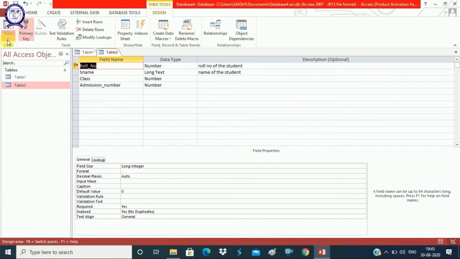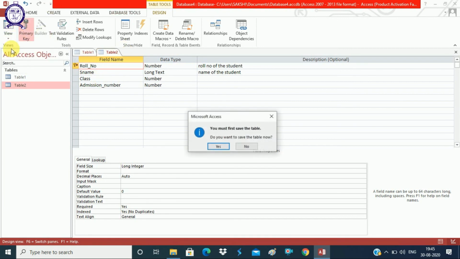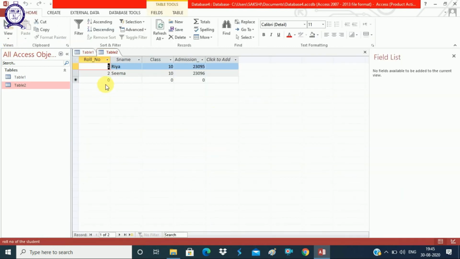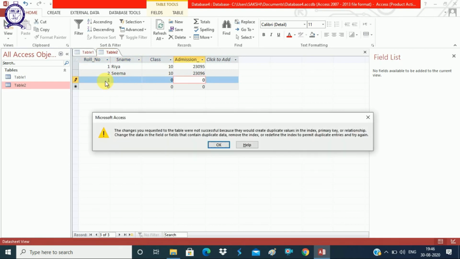Now if we try to put any value which is duplicate, it will show us an error. So now we can see here that in the table 2, if I enter here suppose 1 and I press the tab key, and then we come to the next record, it says an error.